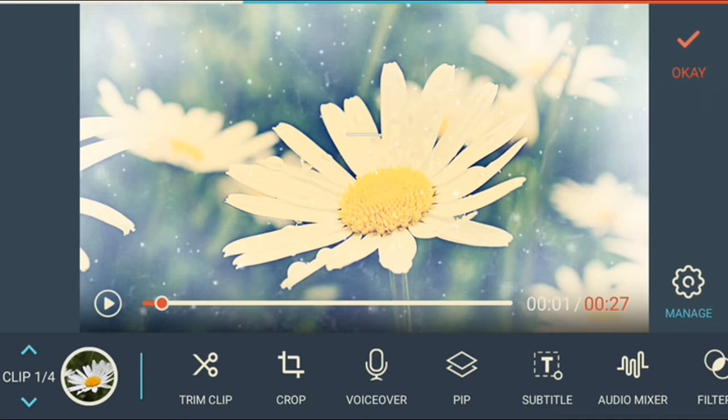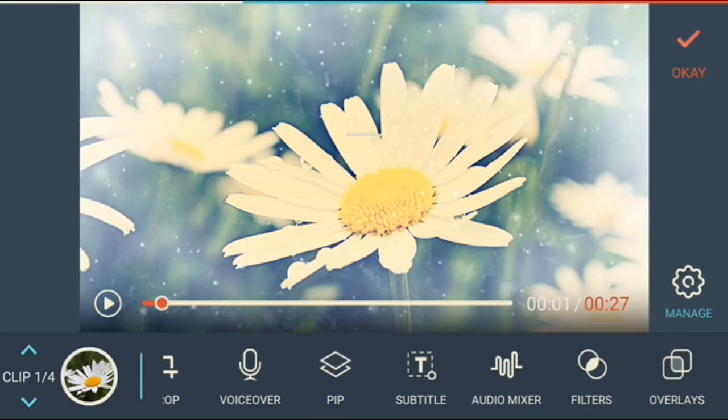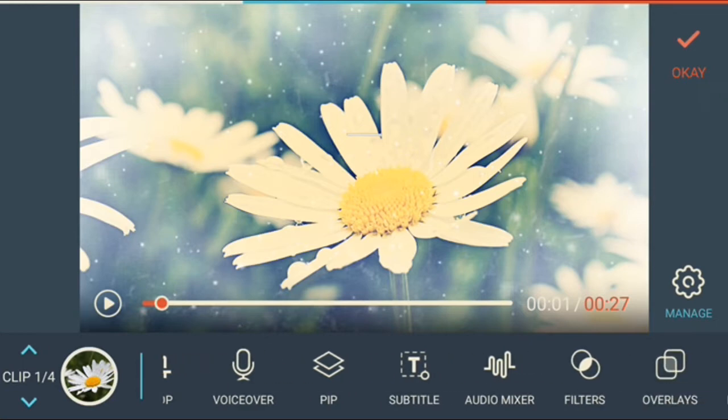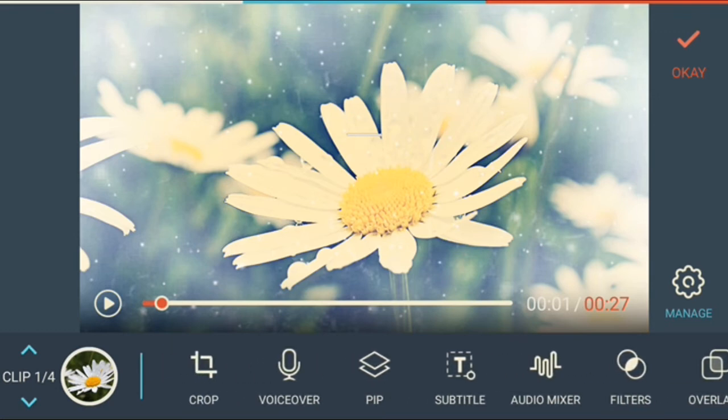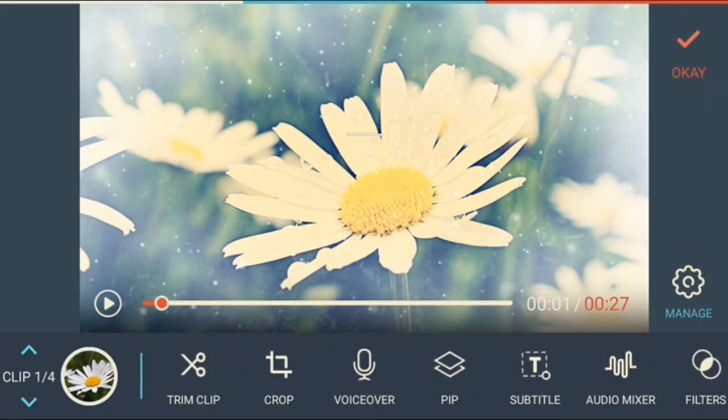And one more thing you may notice, for the video clip, the first one is the trim clip and audio mixer is shown, whereas for the photo clip it is different. I will show you when I make a photo clip. And also on the left bottom, clip 1/4 is shown here.